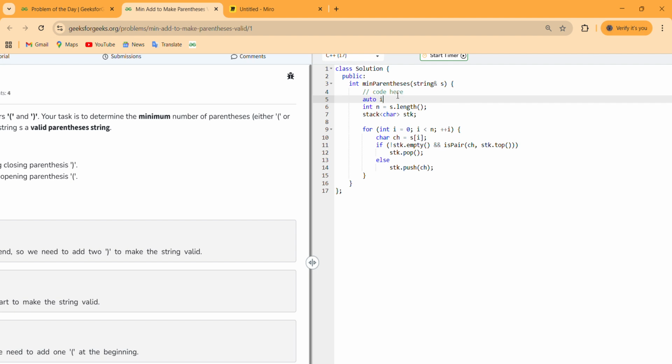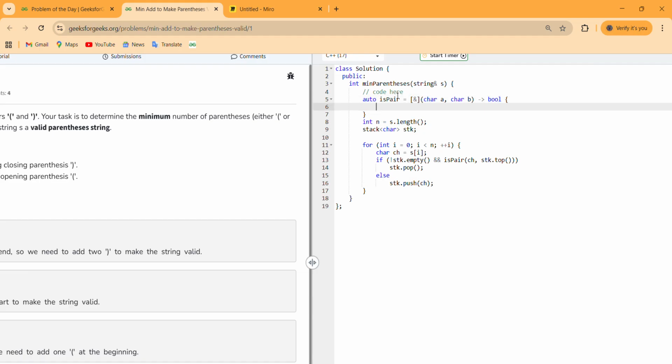Now let us make a function named isPair that takes two values A and B and returns a bool as answer. What is this A? A is the current character, that means this ch, and B is the top of the stack.